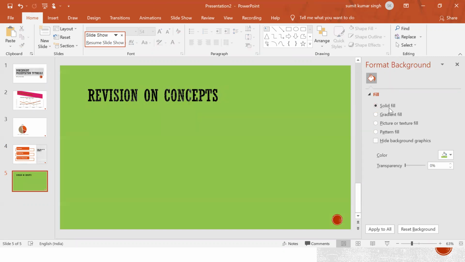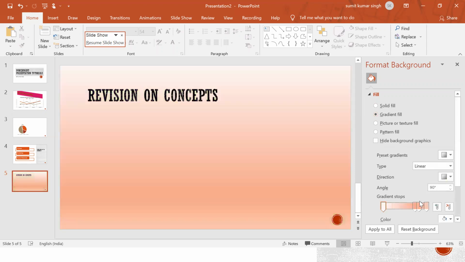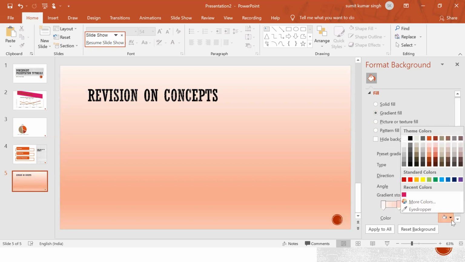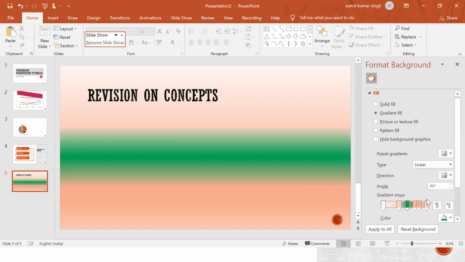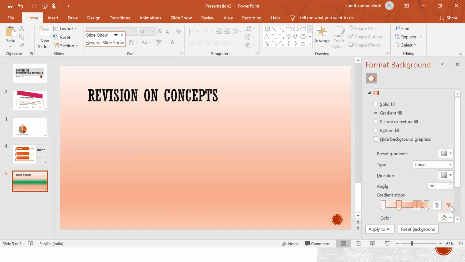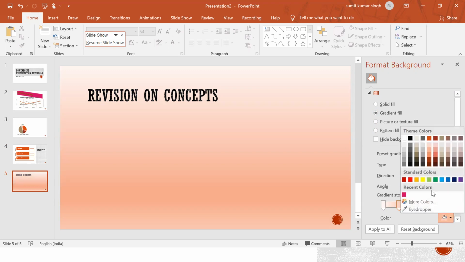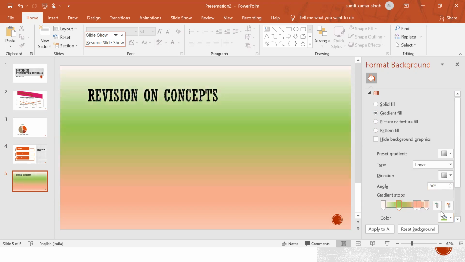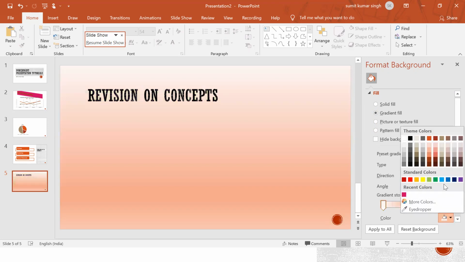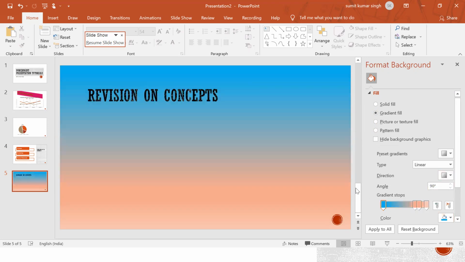Gradient fill. You can do solid fill. You can do gradient fill. See the gradient fill. You can put multiple colors in gradients. You can see this. So these are gradients. You can increase or decrease the gradient.